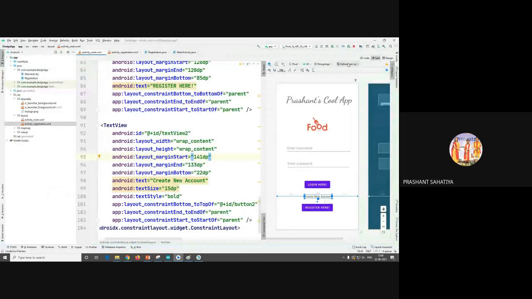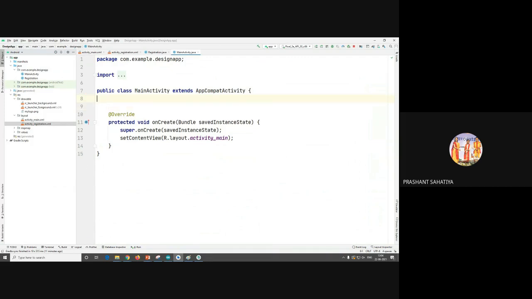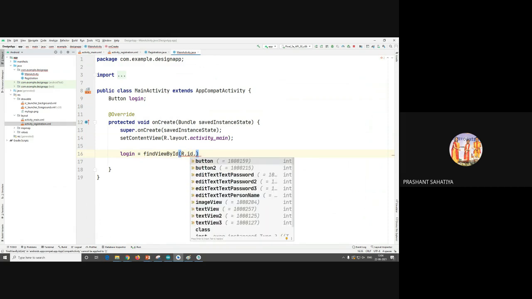And here, whatever work is to be done in the login, I'll go in the MainActivity.java, that is my login's Java file. Okay, very first thing I want to work on the button, so I will make an object of Button, name I'll give login. Okay, that's it. I will find the view by ID, very first step, that is, I will give this object the view, login equals findViewById R.id. I don't know what the ID is.